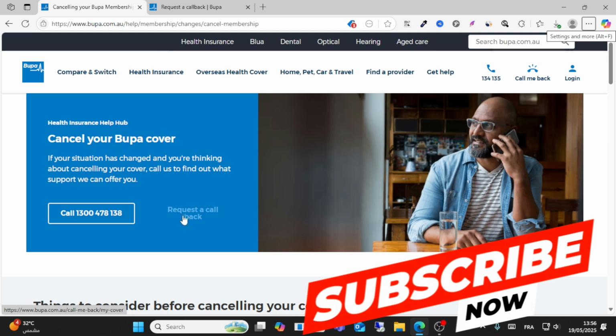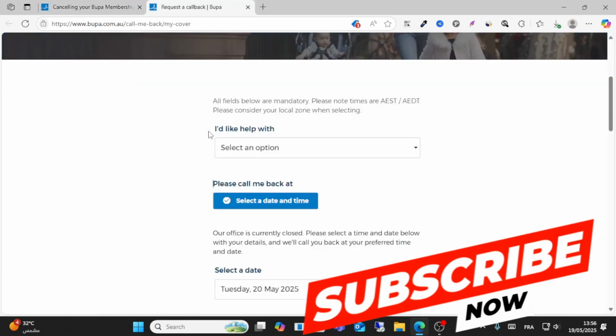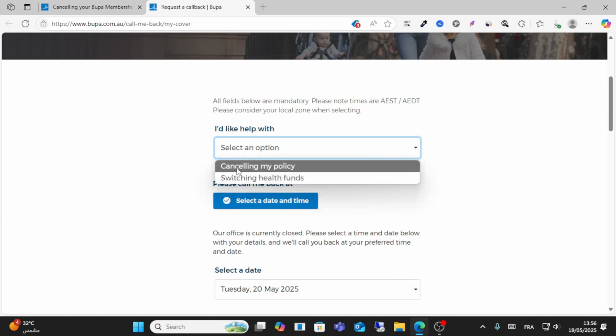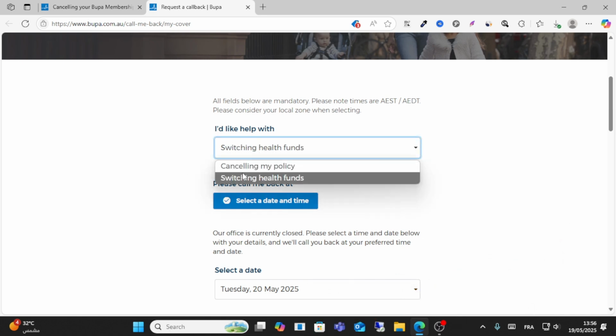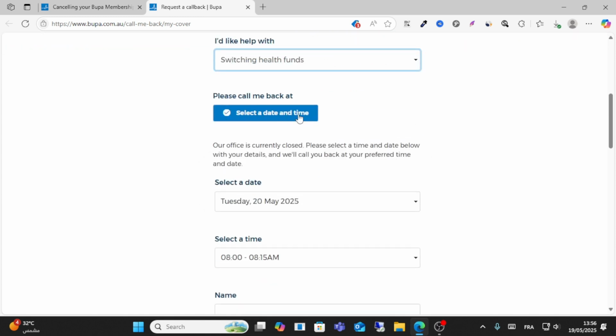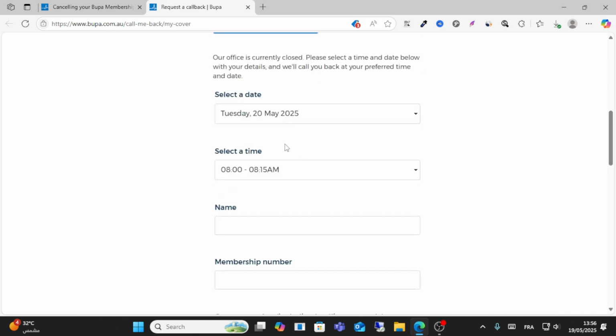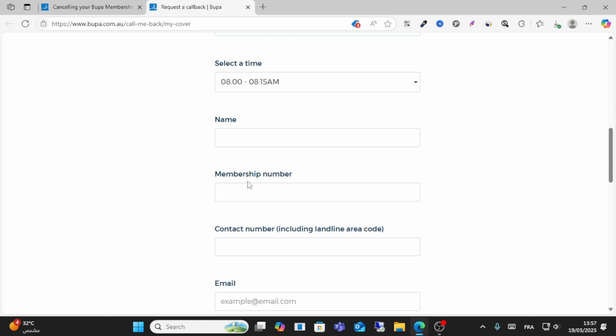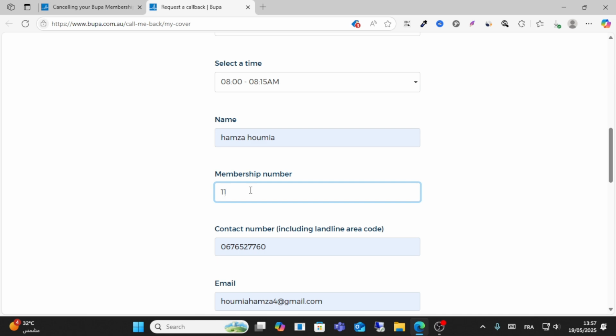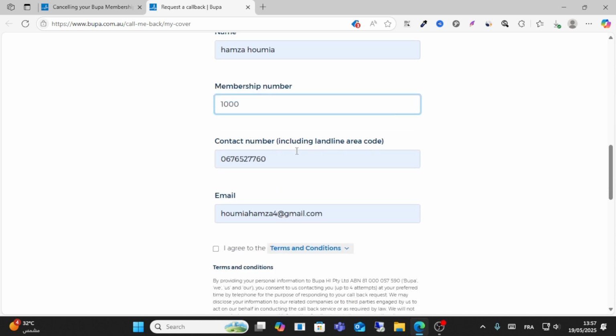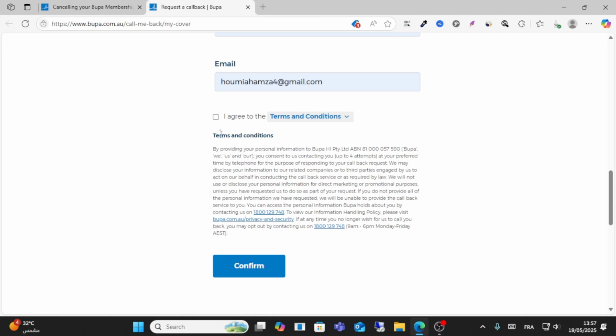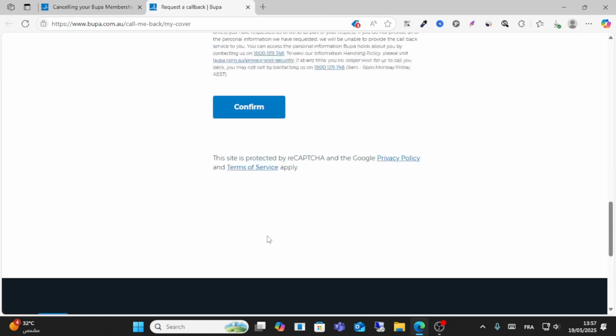If I click request first, this option, I see "I don't like help with, I do like help this." Click this option, cancel my policy or switching health, click search, for example this one, and select the date, call me back. Select your date from here, and click your membership number and your name and membership. For example, my membership is 1000 for example guys, and write contact numbers and your email address, click agree terms and conditions and write your